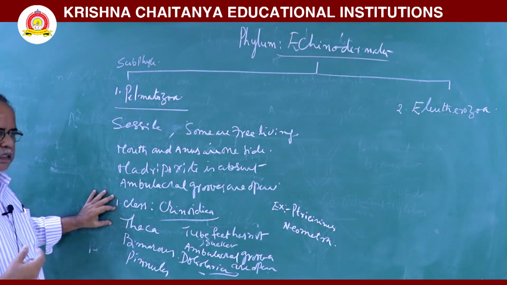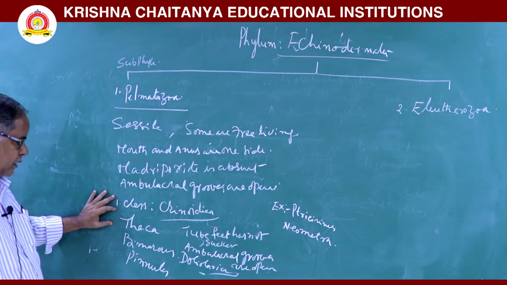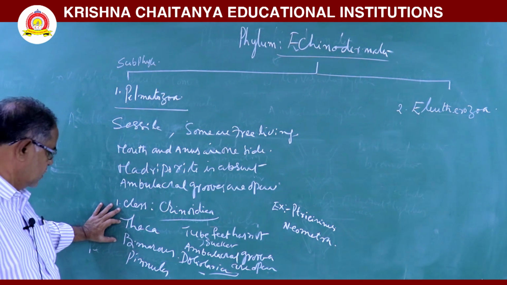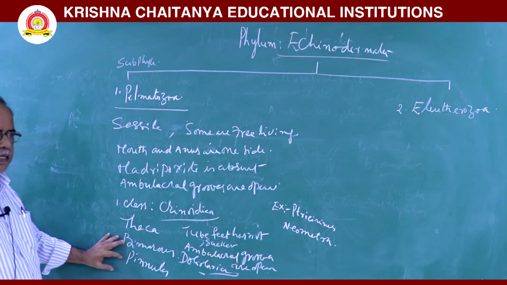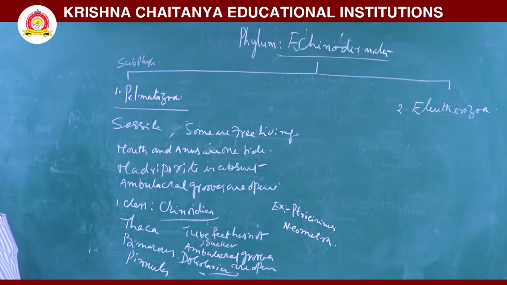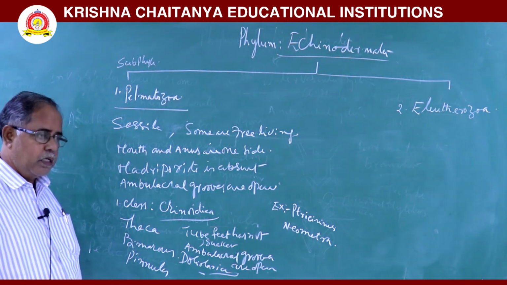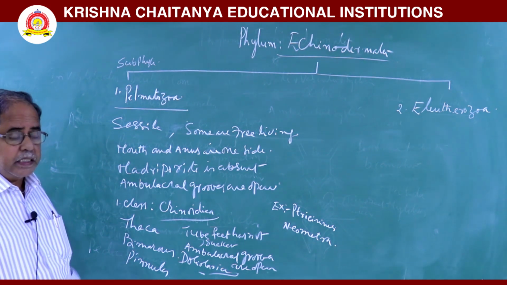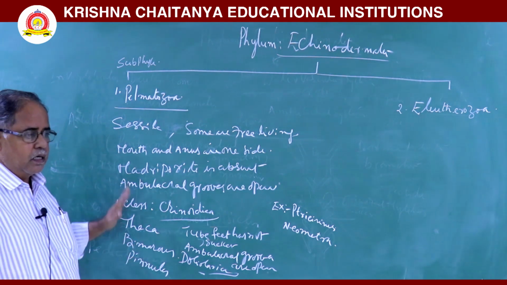Next, in this animal, the viscera is surrounded by a rigid calcareous test that is called a theca. In this animal, arms are branched, so biramous arms are there. On the arms, some nodule-like structures are there. They are called pinnules. These pinnules are used to capture the food. In this animal, tube feet do not have suckers, umbilical growths are open, mouth and anus are present on one side. Pedicellariae are absent, madreporite is absent, spines are absent here.